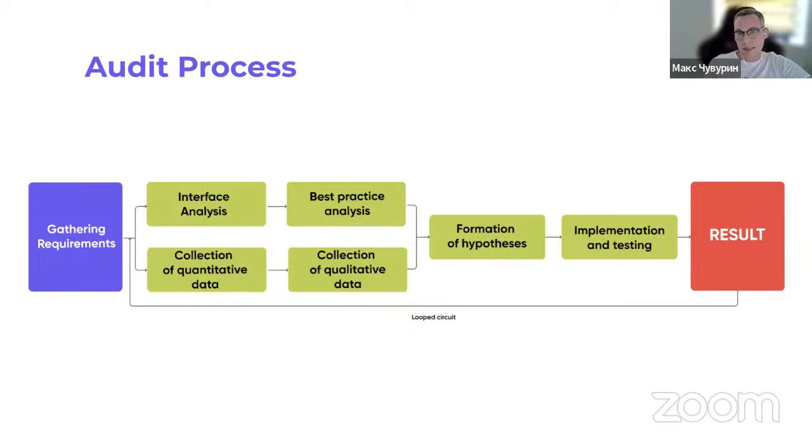Collecting qualitative data too. You can use heat maps, session recorders, clicks, and so on. So we get visual and quantitative data that allows us to build stronger hypotheses and implementations to test. So the data provides insights into whether those hypotheses actually impact user behavior and metrics. Basically everything we build is hypotheses, and they need to be confirmed. That's actually the main thing.